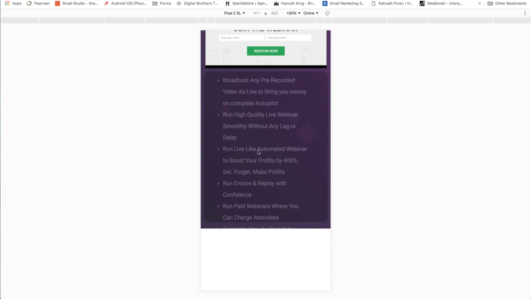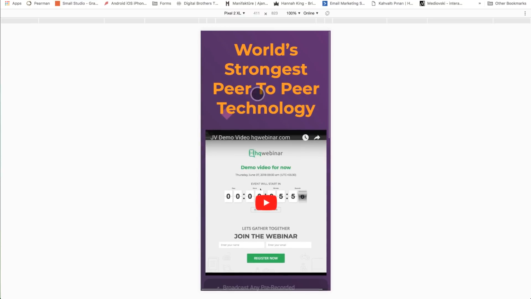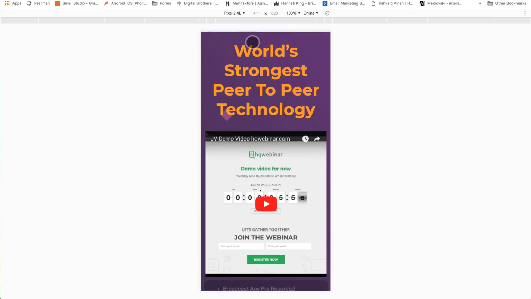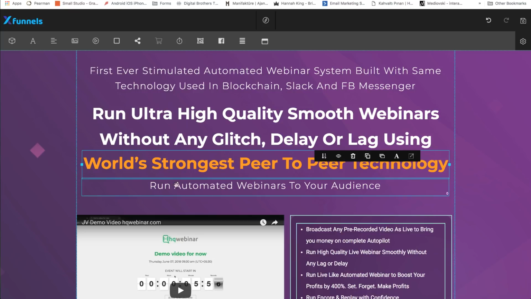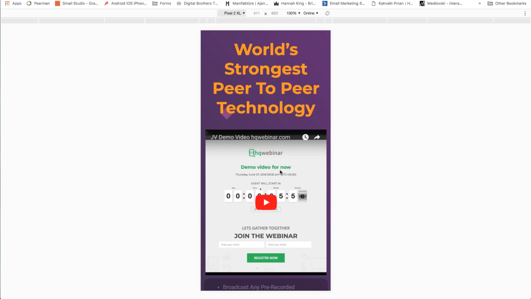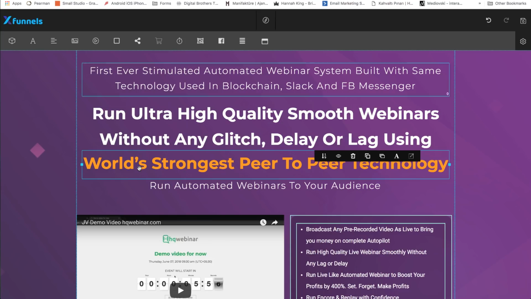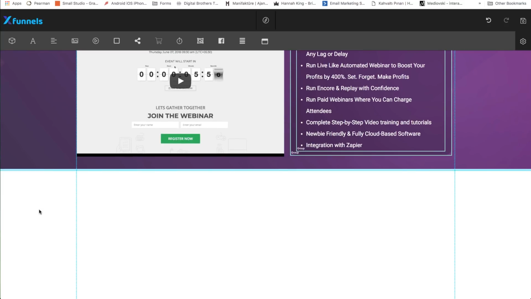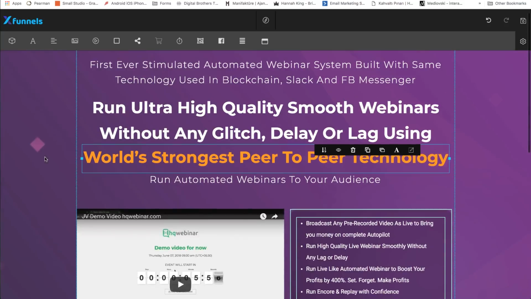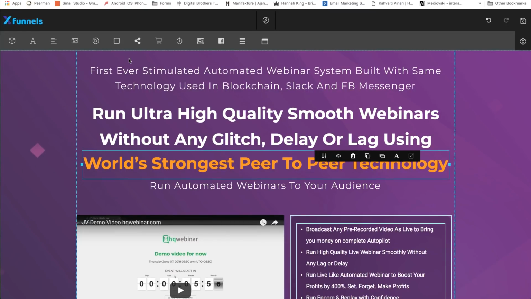Now you can see this coming together. You cannot see the content now. Which content you cannot see? You cannot see the first ever run. You can see just world. You cannot see run automated as well. What is the reason? Why can't you see those content? Because in one block, this section, right now we have two sections, okay? So in one block, we need to